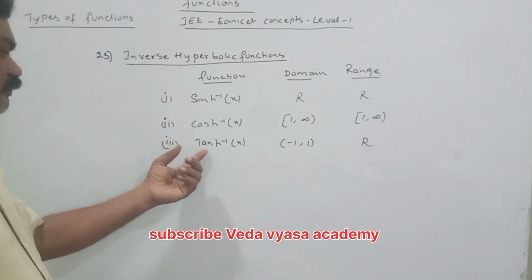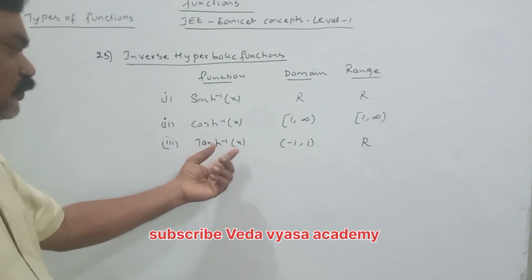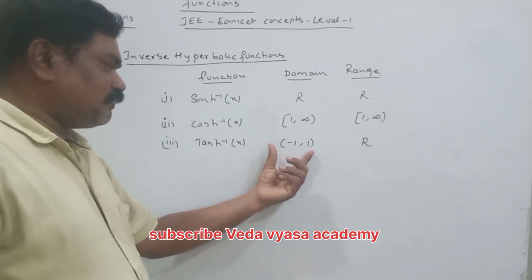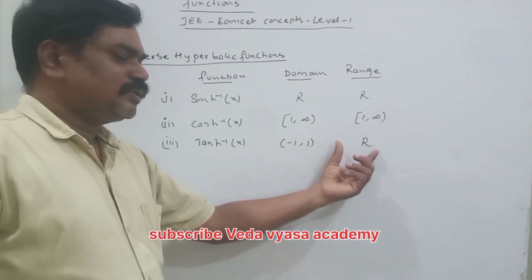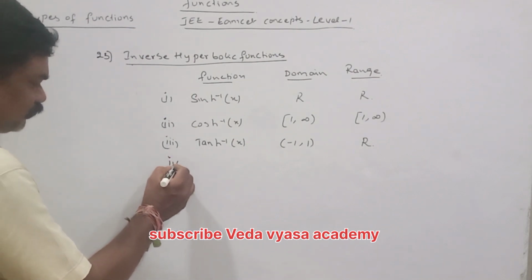Tanh inverse of x has domain open interval minus 1 comma 1 and range is R. Next, fourth one,